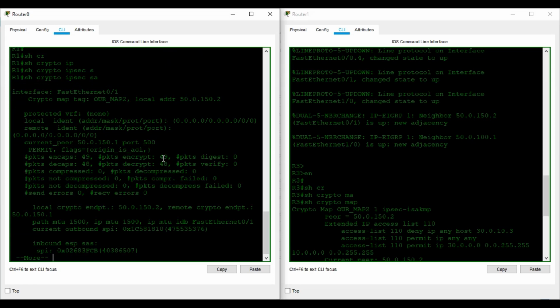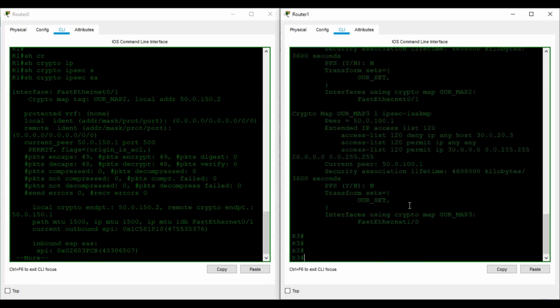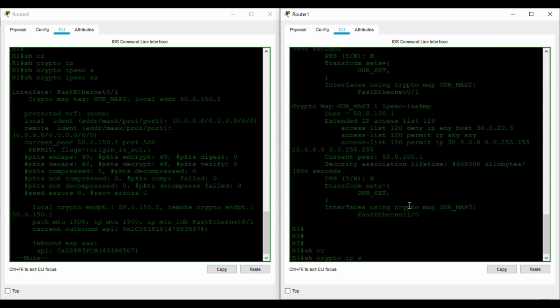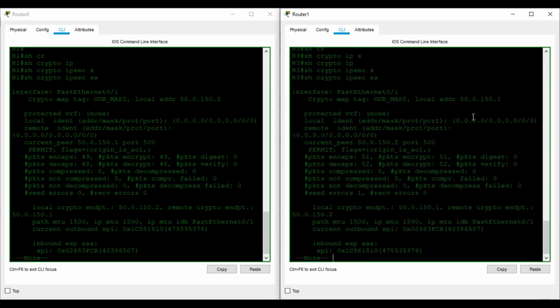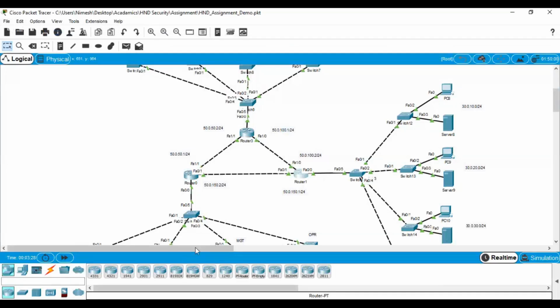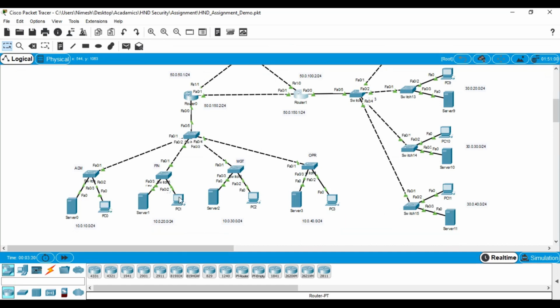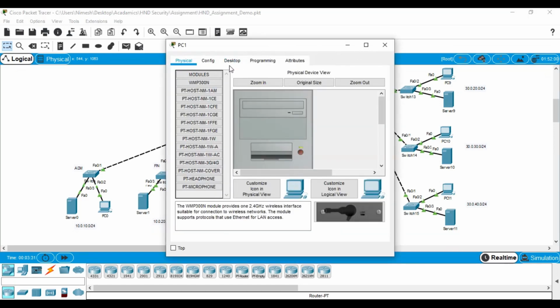You can see 49 and 48 values here. Now again, show crypto IPSEC security association, and here you can see it's again 51, 52 values. I'm watching these two. Now what I'm going to do is get a random PC from the 10 network,